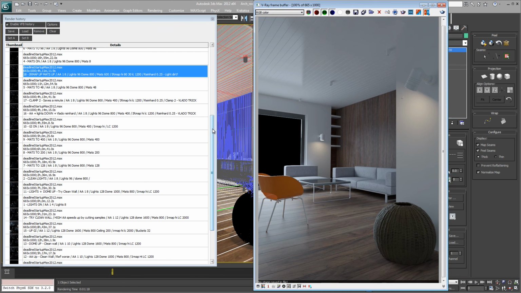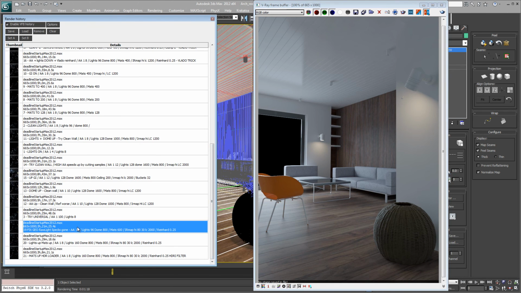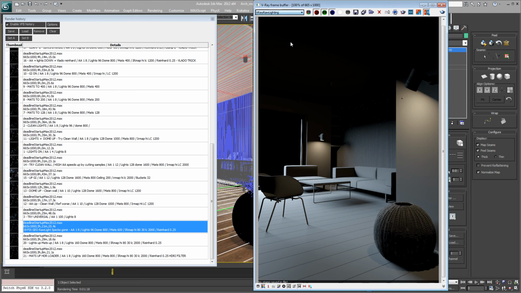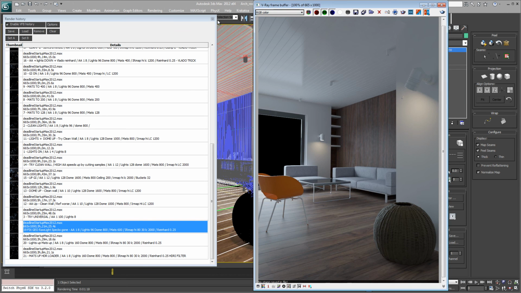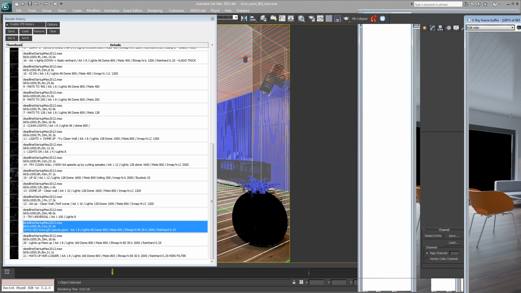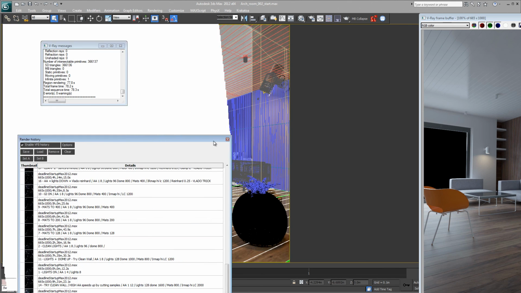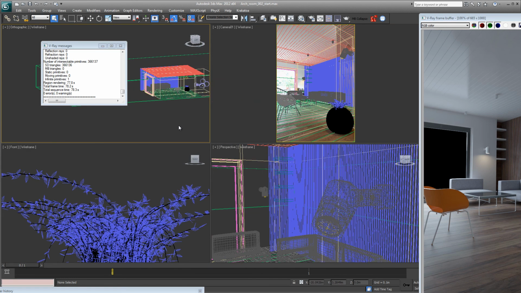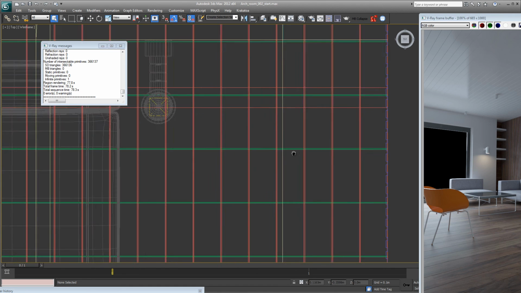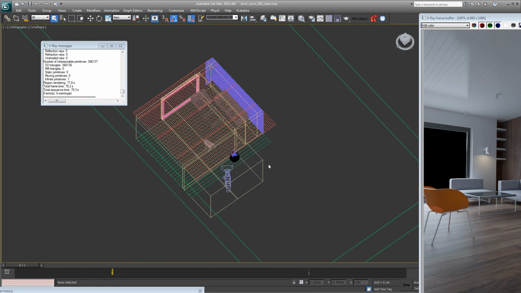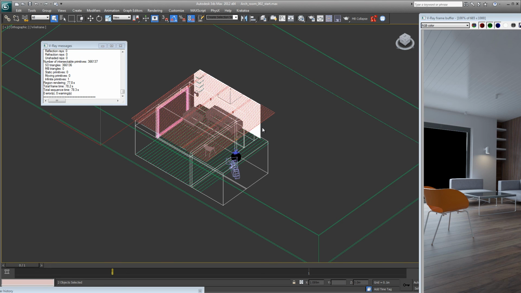Now, okay, version 19. Version 19 is a big discovery in that sense. What I found out with this is I was trying to figure out, okay, why is the GI having such a problem over here? Why is it looking so blotchy, and why am I getting all of these dots and stuff like that? So I went in and had a look at the actual geometry within my scene. So I'm going to move that out of the way for a second, and let's move this down. So what I found out is I had a look at my main walls, and I had a look at my purple object, which is the